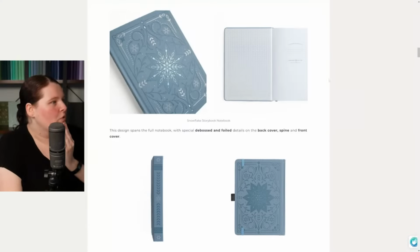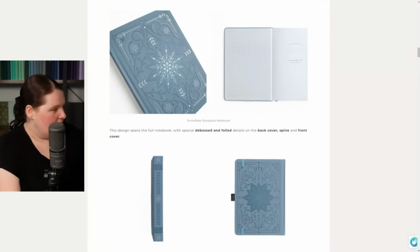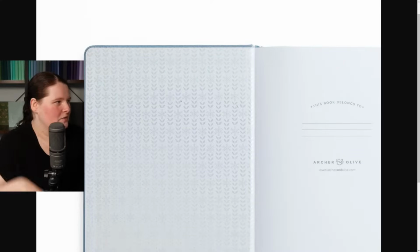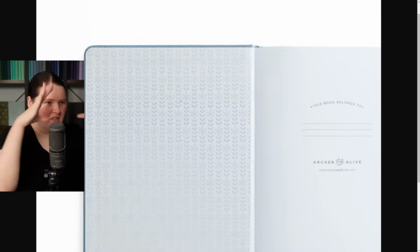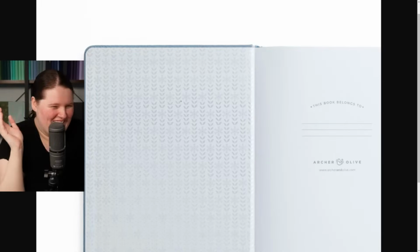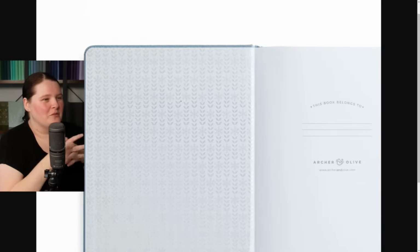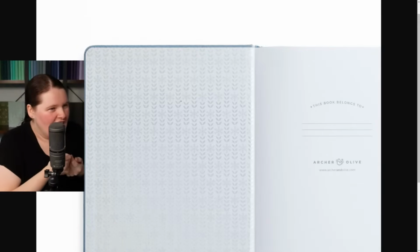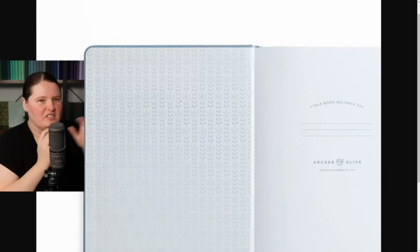Let's have a look. We wanted to see the end card here. That one has the snowflake designs and also these little leaf shapes. I don't know, moth eyebrows. I don't know what they would be called. But I like that that one's a little bit more subtle. It's also a tighter repeating pattern, so I wouldn't feel bad about going in and sticking something over the top